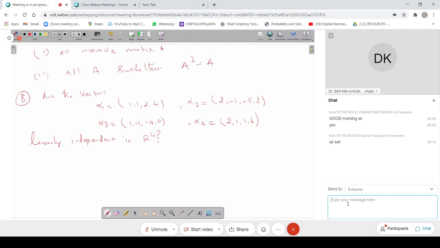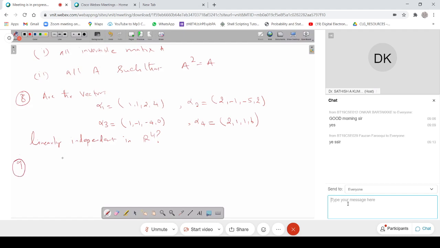As usual, like yesterday, as we have discussed, we need to verify the linear combination. You take those four vectors in a combination, and then you see whether these c1, c2, c3, c4 values are zero. If all of them are zero, then one can say it is linearly independent. Otherwise, if one of the ci is not equal to zero, then it is linearly dependent. There are other ways also, like the matrix approach. That is up to you, whatever book you follow.